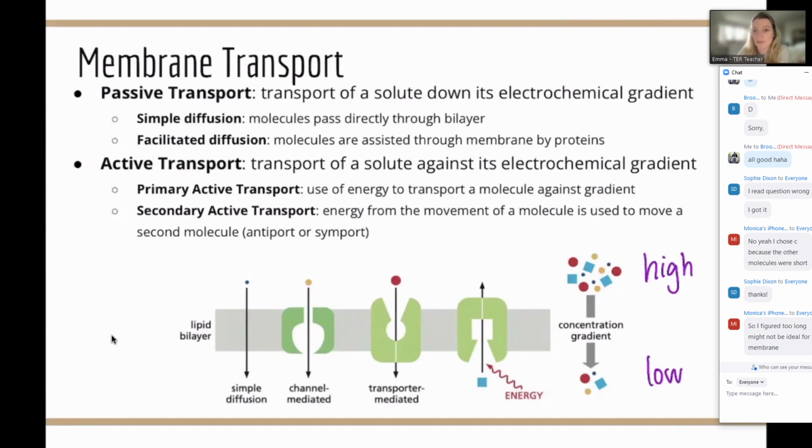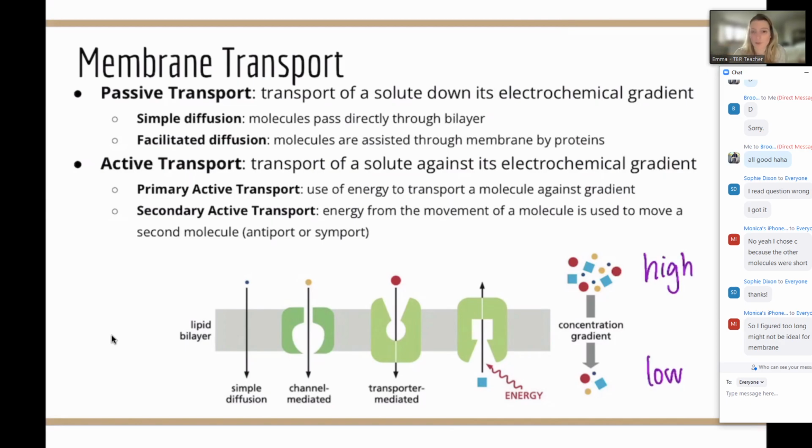So when we think about passive transport, we have two types, and these are just vocab words that you're going to have to know when you're reading. It's really going to help you speed up a little bit. So you've got simple diffusion, which, as it sounds, just passes right through the lipid bilayer, compared to facilitated diffusion, which is almost like it's being helped out. Maybe it's going to go through a channel, maybe through a transport protein. There's something helping the molecule get through the membrane.